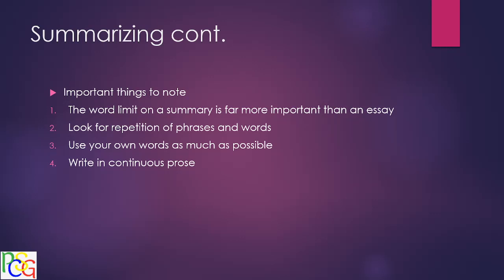Alright? And the last one is to write in continuous prose. What this basically means is that, again, when you fall victim to that picking out certain words thing, and you try to just select this sentence, oh, this sentence is important, so let me write this sentence, and then you see another sentence, and then try to pick them out and just add some linking words and think that it's going to be okay. That does not work. So that is where writing in continuous prose comes in. And what this means is,